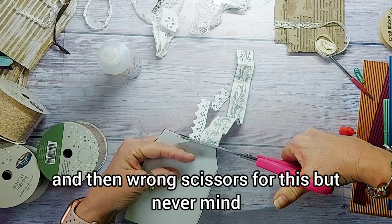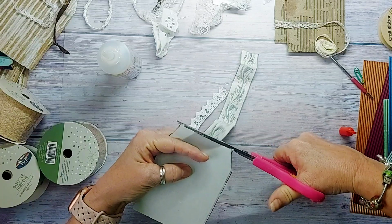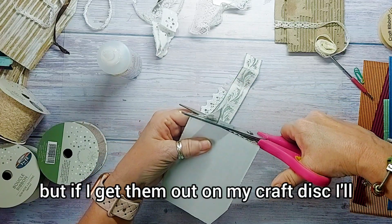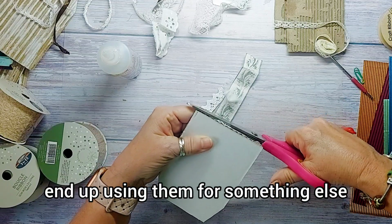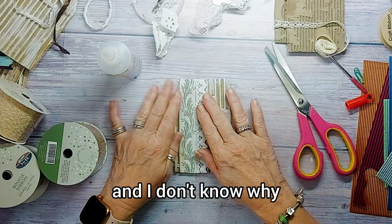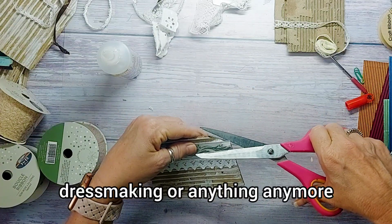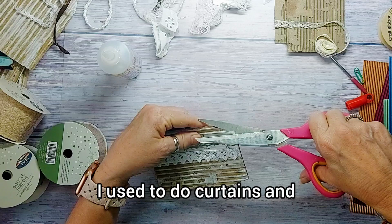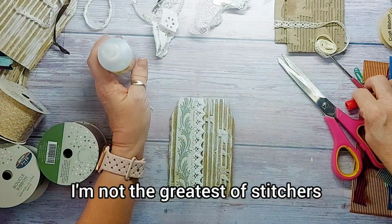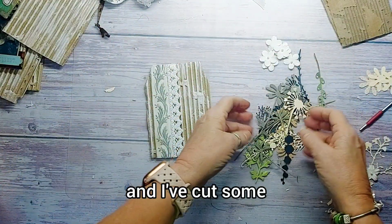And wrong scissors for this, but never mind. I have got material scissors, but if I get them out on my craft desk, I'll end up using them for something else, and then they'll be ruined. And I don't know why, because I don't do any dressmaking or anything anymore. I used to do curtains, and not greatly. I'm not the greatest of stitchers. My husband was on the phone, so,